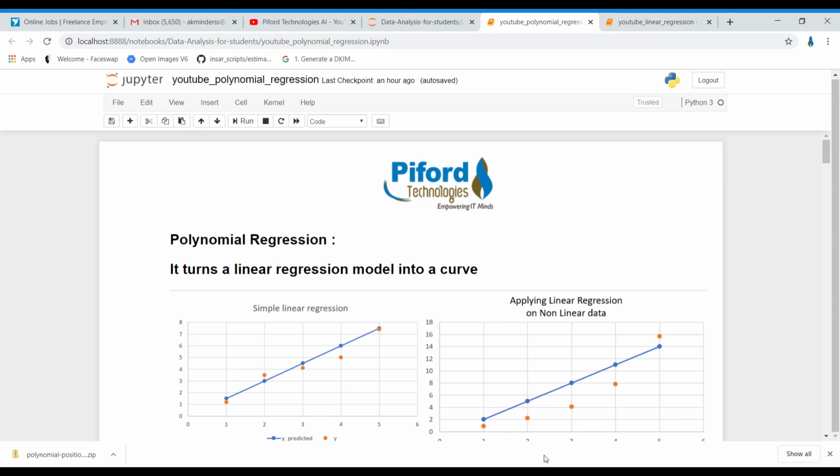Everyone, this is Arohi from Pyfit Technologies, and today I'll talk about polynomial regression, and I'll also discuss linear regression, because whenever you want to work on polynomial regression, linear regression is also required. And we'll see the disadvantages of linear regression and the advantages of polynomial regression, and then finally I'll perform the whole polynomial regression on one dataset. So let's start.